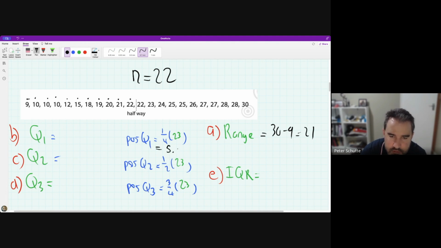This is going to be position 5.75. This is going to be position, what's that going to be? 11.5. And this is going to be position 5. So is this also going to be